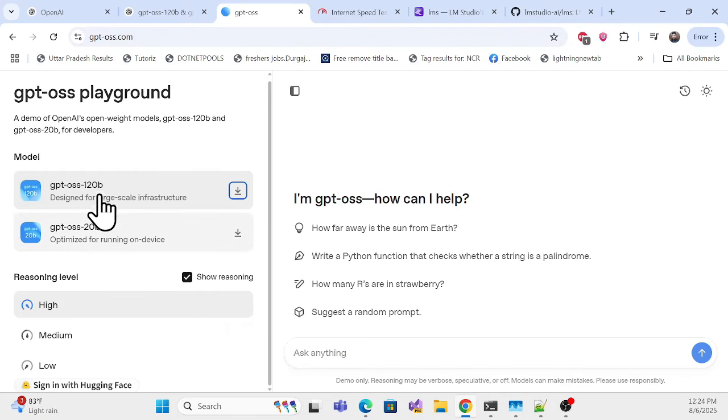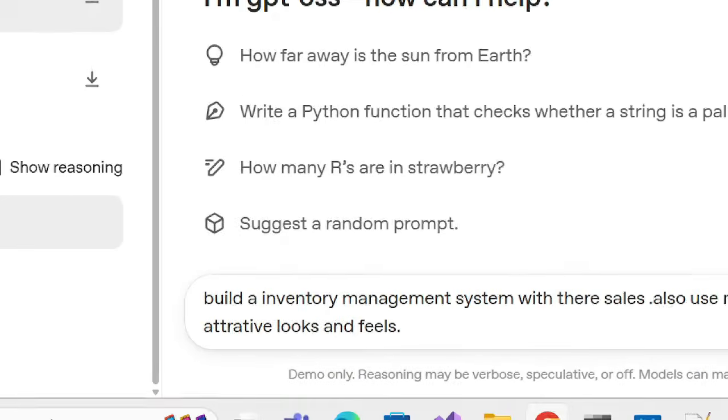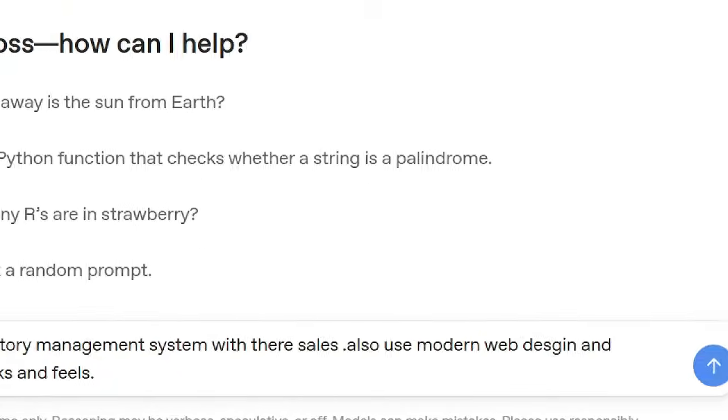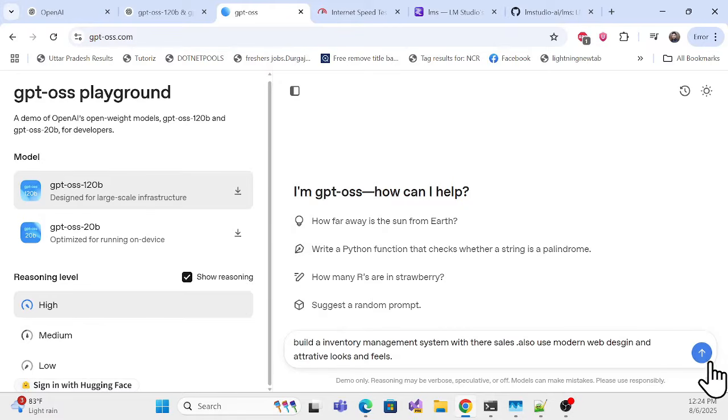This is the model newly introduced by OpenAI. I'll go with the GPT 120 billion parameter and see it in action. First I'll ask the same prompt I always use, which is building an inventory management system using the modern web stack. And once you hit enter,